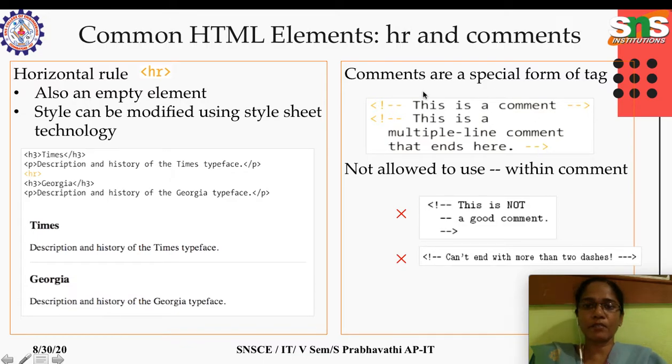close angle bracket. So this is the way of commenting in HTML, whereas in other computer languages you might have come across double forward slash for single line comment, and slash star followed by multi-line comment, and close it by star slash. Okay, so whereas in HTML this is the way of commenting out some of the information. Okay, and this is the wrong way of giving the comment. In between we should not produce any hyphen like this, or we should not have more than two hyphens. Okay, so this is the wrong way of commenting out in an HTML file.